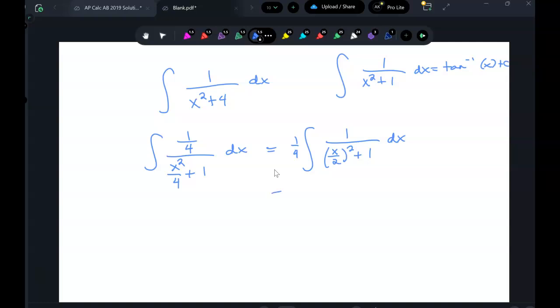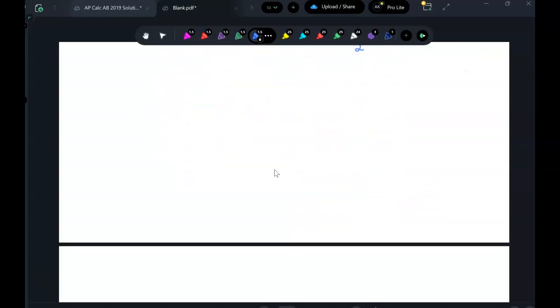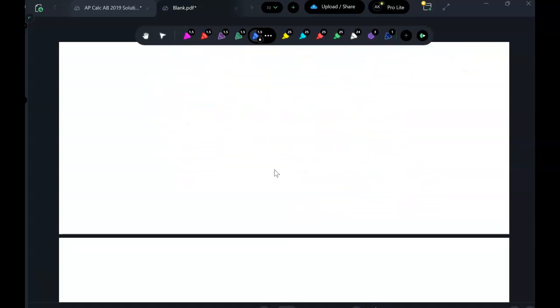Well, now we can do 1/4 tangent inverse of x over 2 divided by the derivative of the inside. Where did the square go? Oh, right, because it's backwards, it has to be chain rule. The square has to be there. Okay. All right. What if I gave you